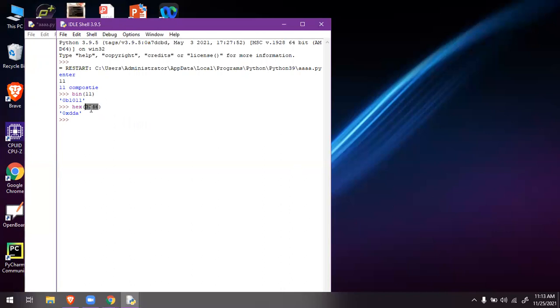But inside the brackets we wrote decimal numbers, so it is directly converting into hexadecimal. I want to convert a number which is in binary into hexadecimal, so in order to do that we have to use the int concept.